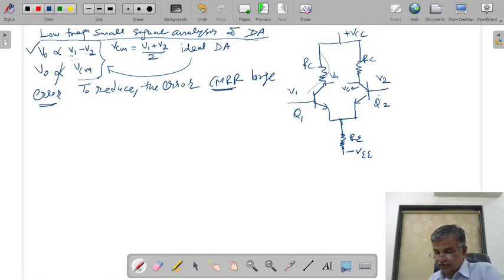If you want to reduce this error, then the common mode rejection ratio of this differential amplifier should be very large. This means the CMRR of this differential amplifier should be very large to reduce the error. Sir, why should CMRR be large? The reason is that CMRR